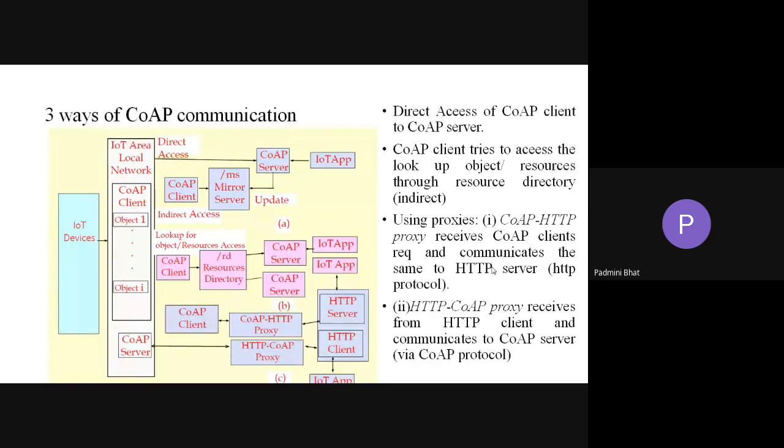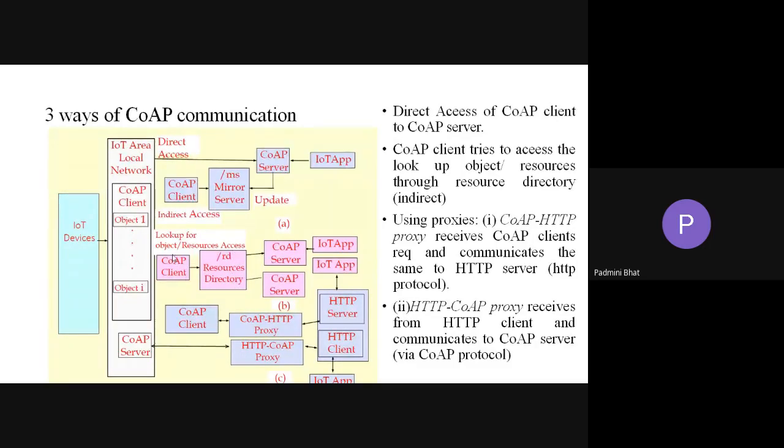Next, there are three ways of constrained application protocol communication. First, direct access of the CoAP client to the CoAP server. Second, the CoAP client tries to access the lookup object resources through the resource directory, RD.